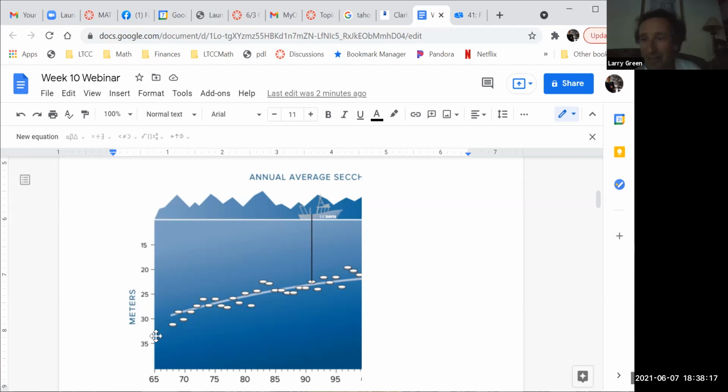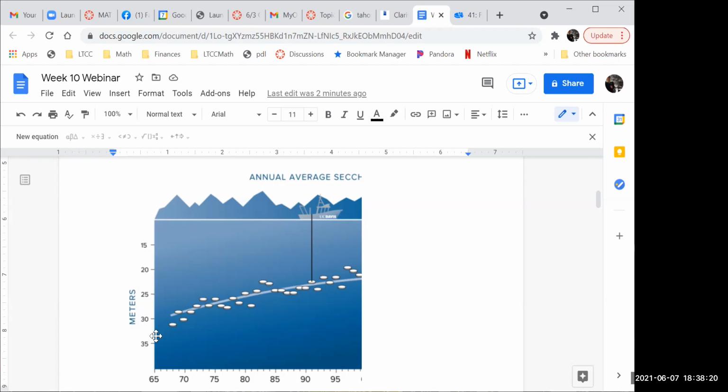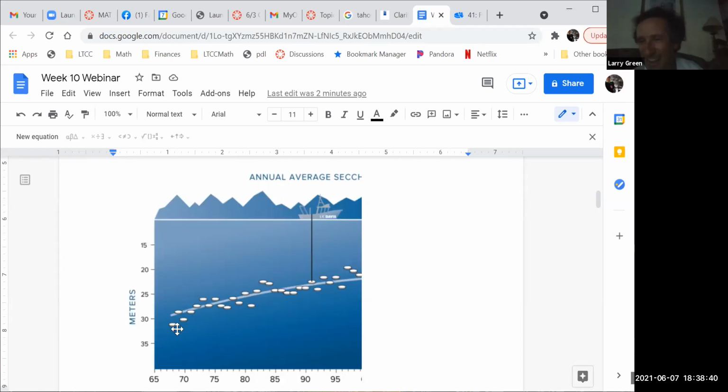Ready for a trick question? Is the correlation positive or negative? Negative. Okay. Did you hear the word I said before question? Trick question. And sorry, I gave you a trick question example. But look at the y-axis here. 15 is up high, 20 and 35 is down low. So you have to turn this upside down. So now maybe you can change your mind. Is this positively or negatively sloped, given the fact that the y-axis is upside down?